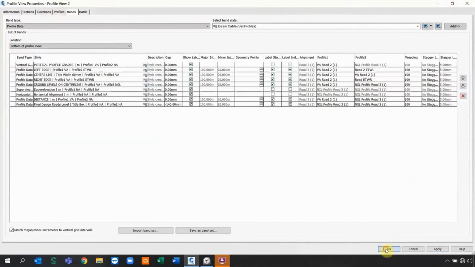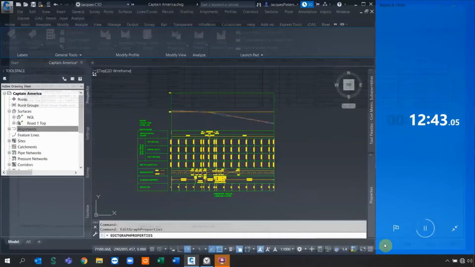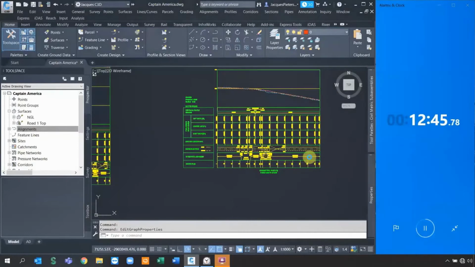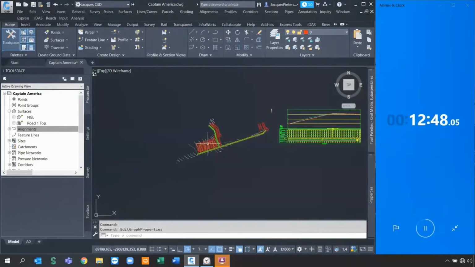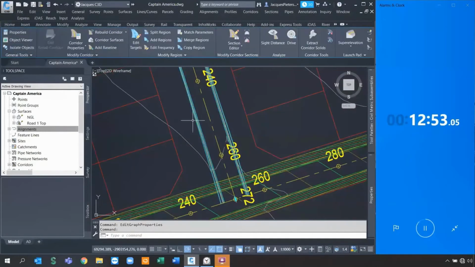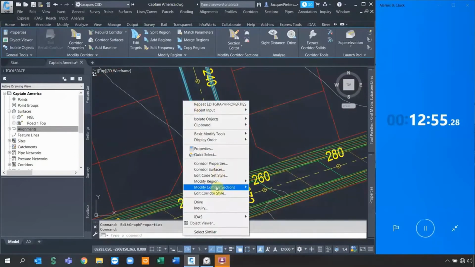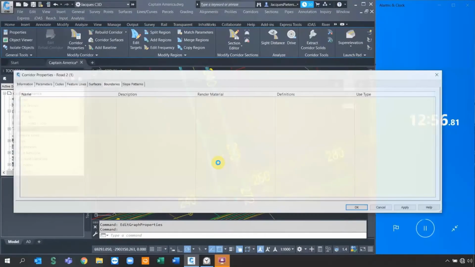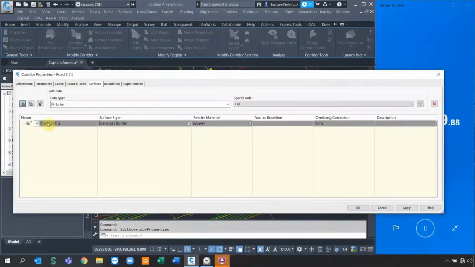So I can simply say OK. And then one critical element I need to still add to the last road is just that topographic surface for the top road. Because if I'm designing the intersection design, I'm going to need that surface. So if I go to corridor properties and for the surfaces, I can add a surface for road 2, top. So I type in top